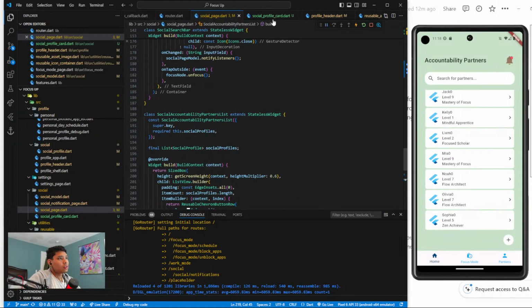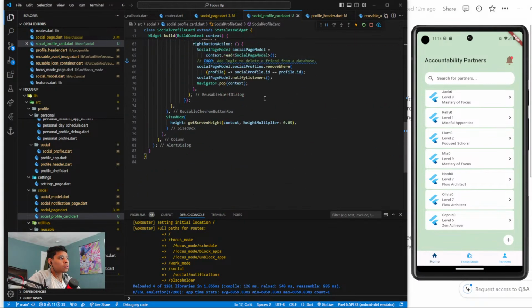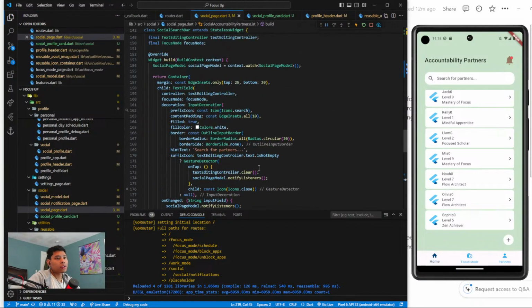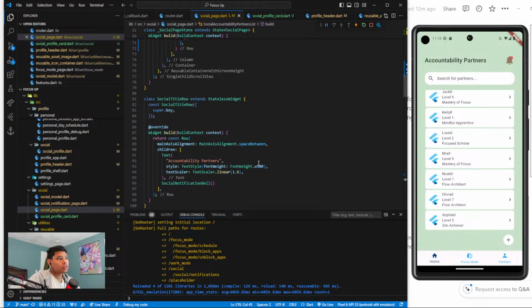So yeah, this social card was actually kind of long, and it deserves to have its own file, so we took it out. The next thing to do,